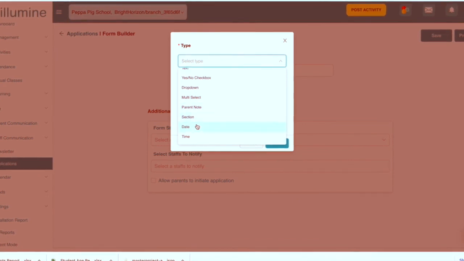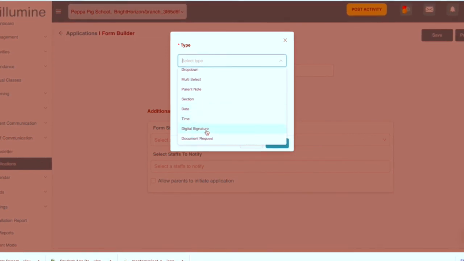And sections is basically a group of fields that you want to create. You want to pick them a date, and you want them to put a digital signature. All that can be done. So let's say sign,